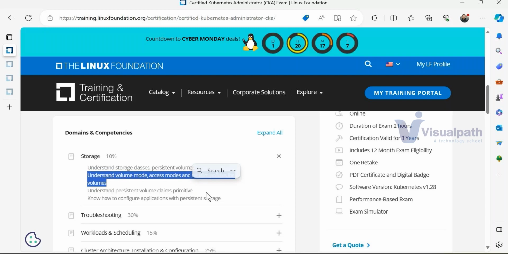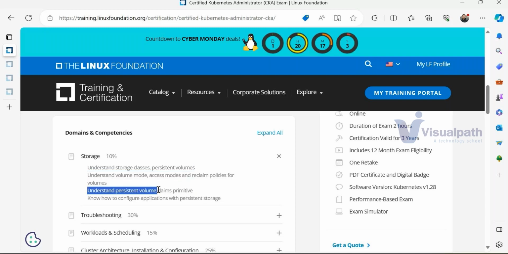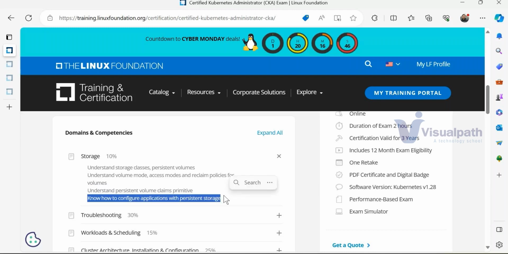And then once we understand the persistent volume, then we will make it primitive. Primitive means basically my primary goal, right? How to use it. So we'll have our primitive thing in place and then we will start using it. And then we will also build our know-how about how to configure this application. What is the storage and how my application will be using this storage, right? That integration we have to do, isn't it?